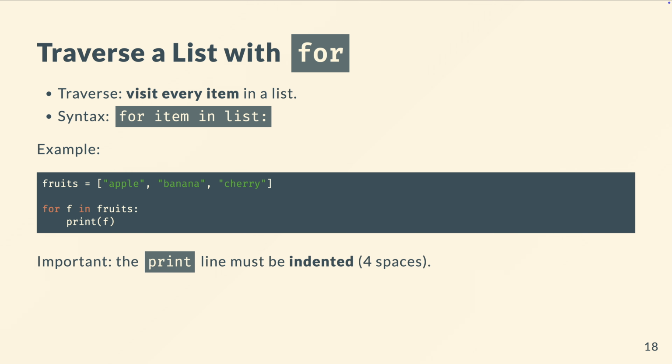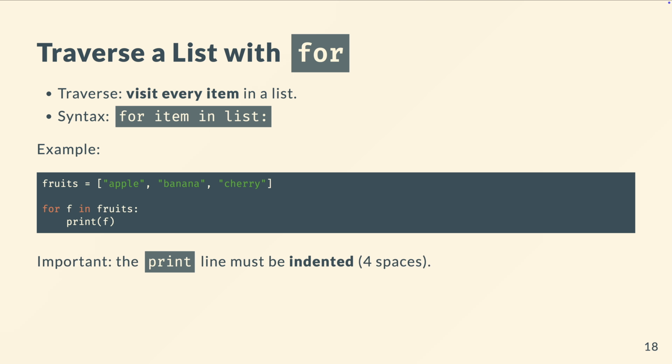Now let's traverse a list. Traverse means visit every item in a list, one by one. The syntax is, for item in list, do something. Look at the example. The list called fruits contains 3 strings: apple, banana, cherry. Now look at the for loop. We write for f in fruits, followed by a colon. This for loop line means, take each item from the list fruits, one at a time, and store it in